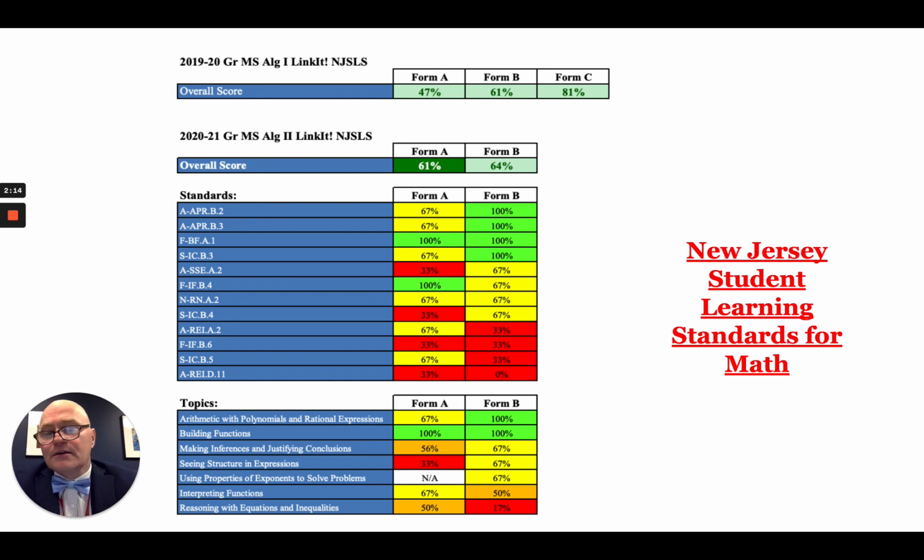This slide demonstrates an example of a fingertip profile in the area of math. You'll see last year's Form A, Form B, and Form C LinkIt results. You'll also see this year's Form A and Form B results. Again, Form A administered in September, Form B at the end of January. Again, a list of the standards assessed with a link to the New Jersey Department of Education's website where you can find the New Jersey Student Learning Standards for math. And again, at the bottom of the slide, a list of the topics that were covered on the LinkIt math